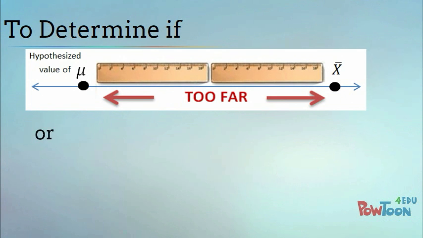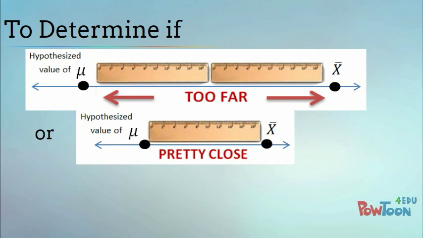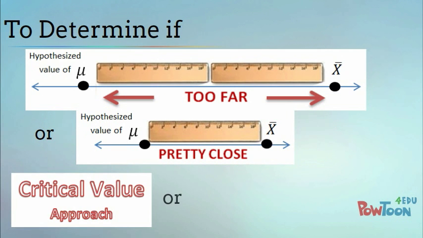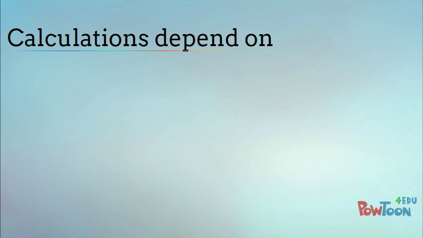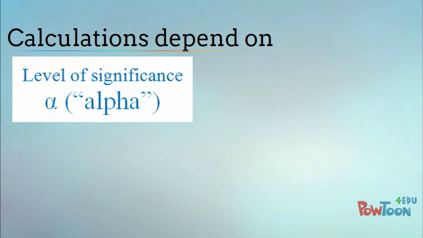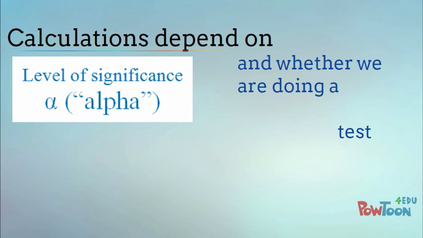To determine if an observed x bar is too far from or fairly close to mu, statistically speaking, we can use either a critical value or a p-value approach to determine whether or not there is evidence to reject the null. These calculations depend on the assumed level of significance, called alpha, and also whether we are doing a two-tailed